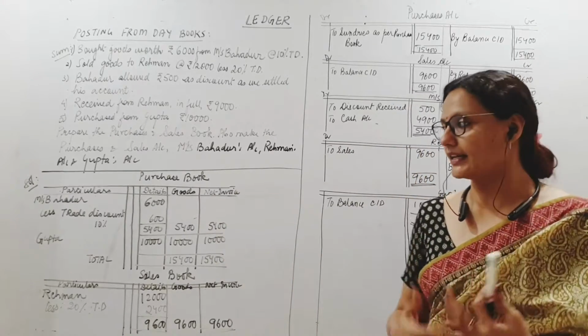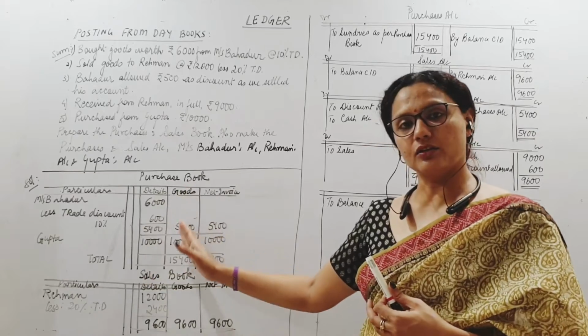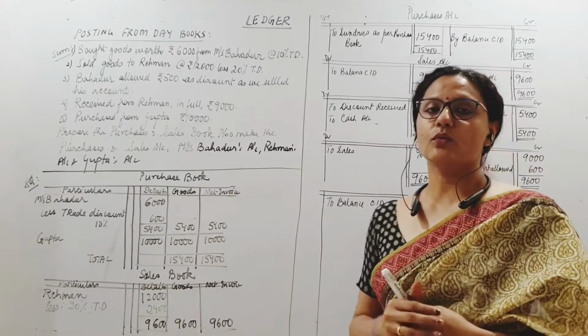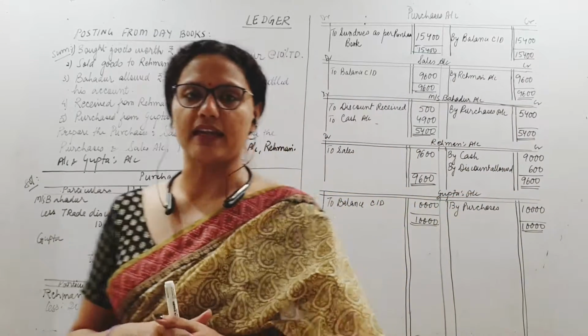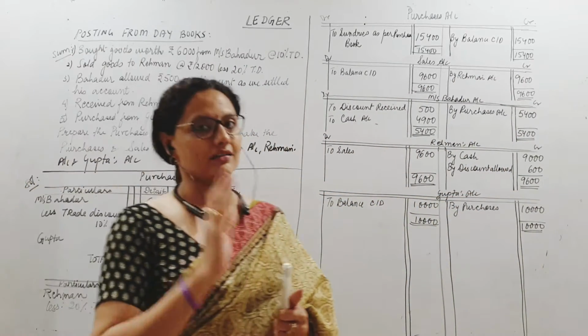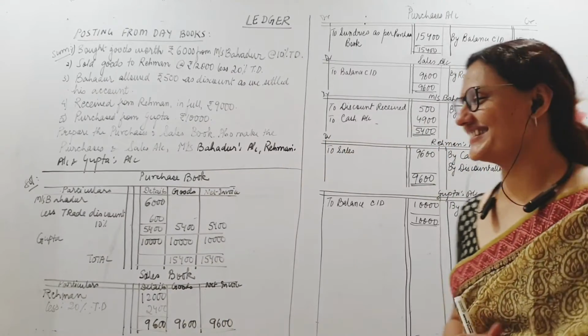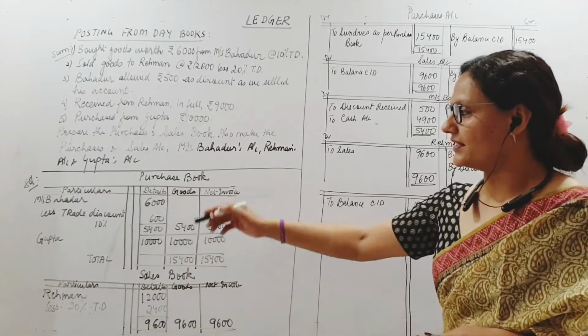The only columns that can come here is the details, the goods, that is the purchase, the net invoice, and also you can have carriage. If at all, carriage is also given in the sum, that you can have. But no GST will be asked. Happy? Now, so let's make the purchase book.